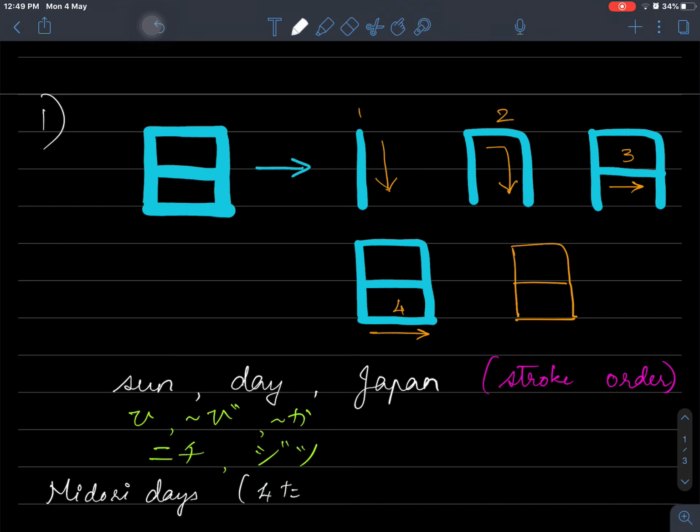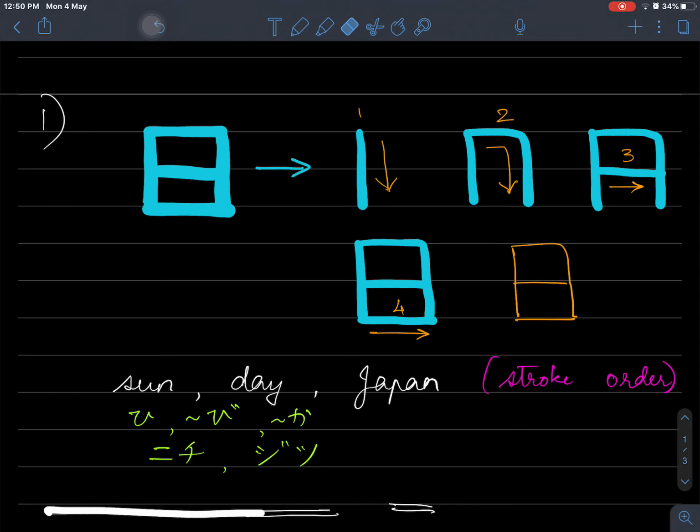I'll just write it in kana. Midori no Hibi. So obviously, you can make the connection that this Midori is the same as this Midori. So this Hibi, because we've already done bi to mean days, then this Hibi must mean days. So that is your first meaning, or your first vocabulary word for this particular kanji. Let me just erase everything. That was just supposed to be a pop culture trivia in case anyone is interested in those things.